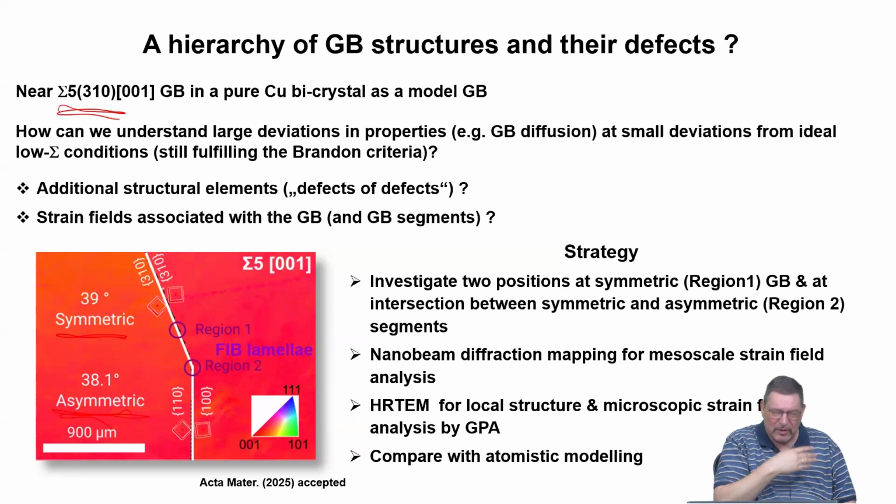And if you have a real random high angle grain boundary, then in the grain boundary transition zone you will not have a columnar view, so you will not be able to identify structural units, and you will not be able to analyze strain fields by geometric phase analysis. This is why sigma 5 is often taken, in simulations as well as in experiment, as a good model system for a random high angle grain boundary, in copper, because you can grow sigma 5 in copper.